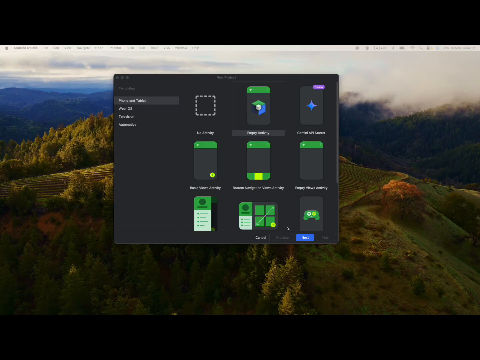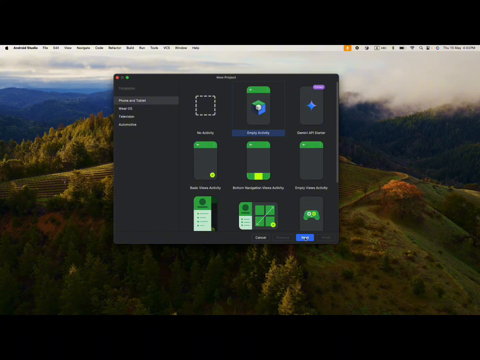In this video, we are building a fully functional to-do app using Jetpack Compose, Room Database, and the MVVM pattern. We will also use KSP to make Room annotation processing faster. So let's get started. We will start by choosing our Jetpack Compose activity, which is Empty Activity for Jetpack